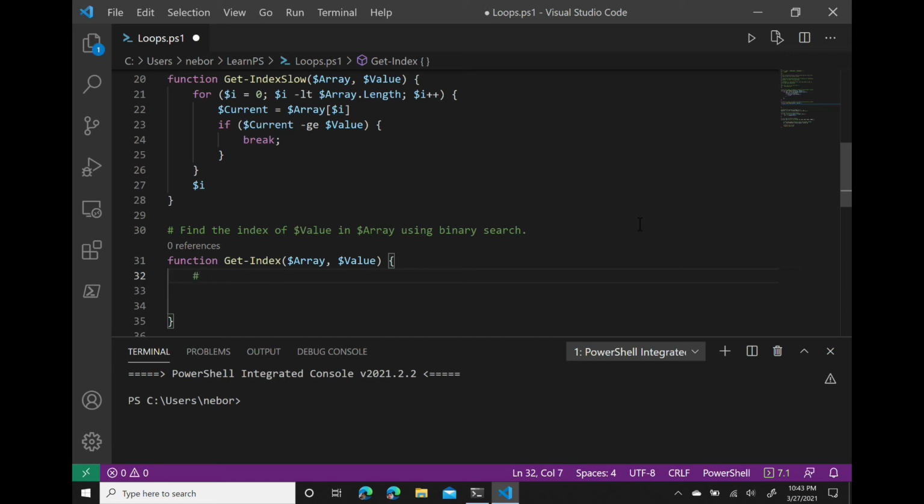A for loop, remember, had 3 parts. The while loop just has 1 part inside the parentheses, 1 expression, and it's just a Boolean expression. And all that happens is the body of the while loop executes as long as the condition inside the parentheses is true. Now what we're going to do for this is, remember, we're subdividing the array into,